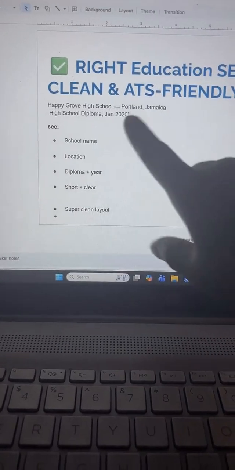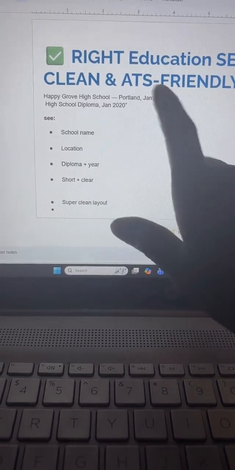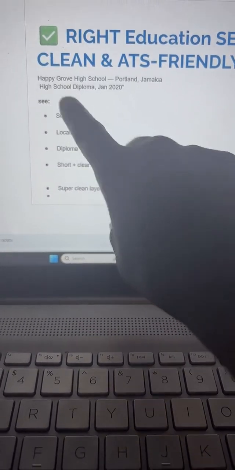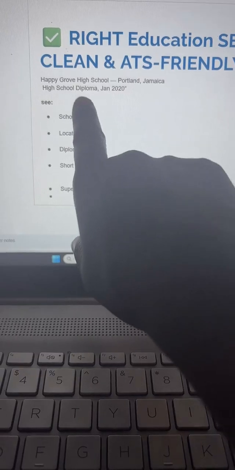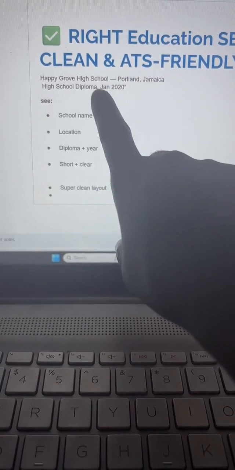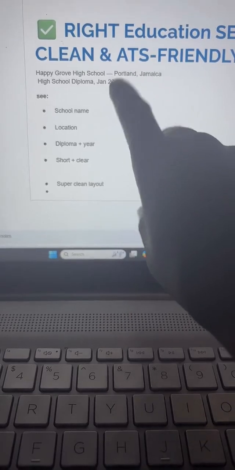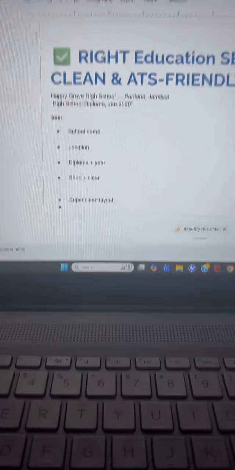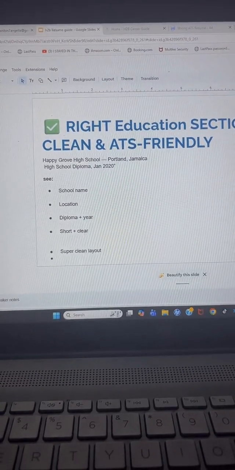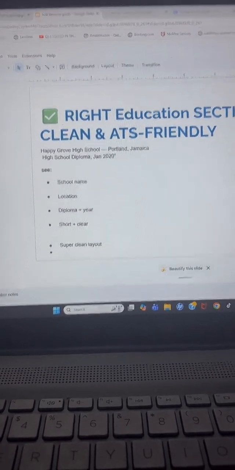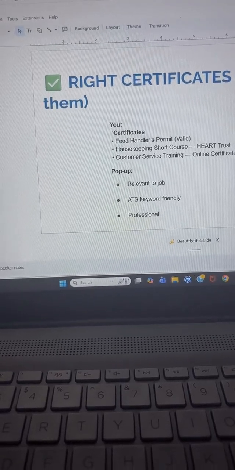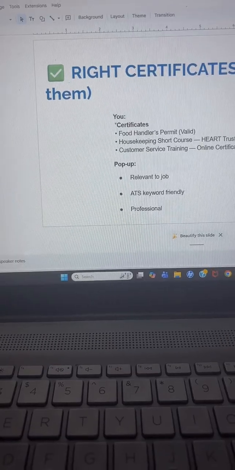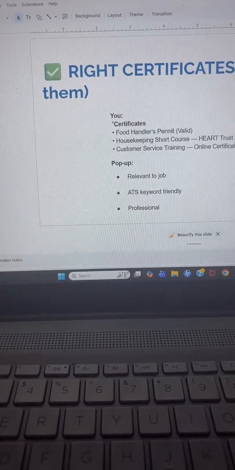Then you're going to put the city and the country where you went to high school, and then you put diploma, leaving certificate, and then you put the month and the year you ended school. Alright, short, because the employer doesn't know what CXC, CSEC is, so you don't have to put that on your resume.